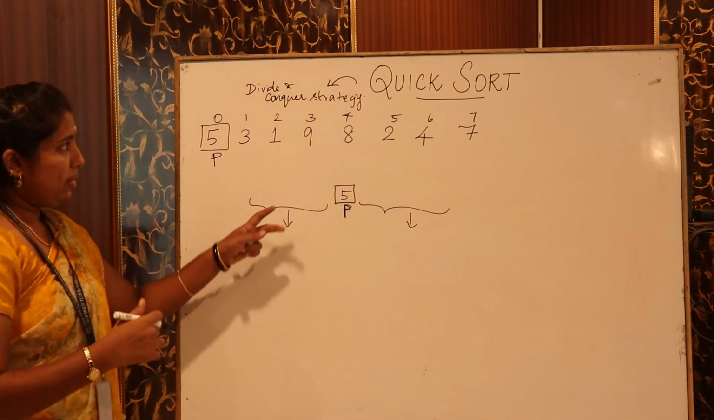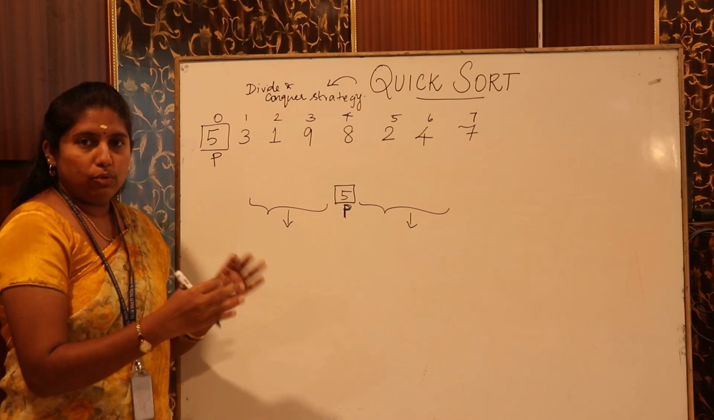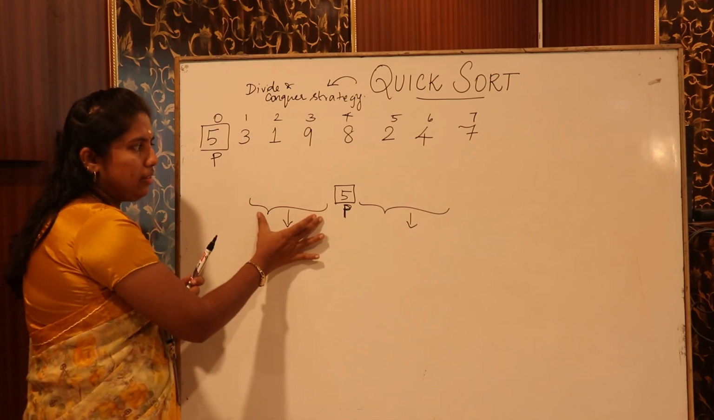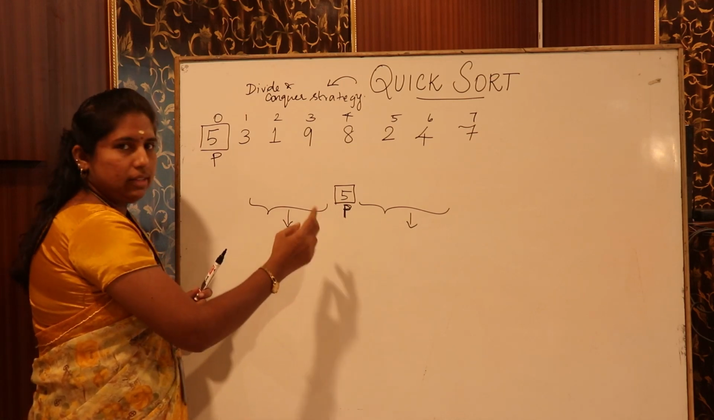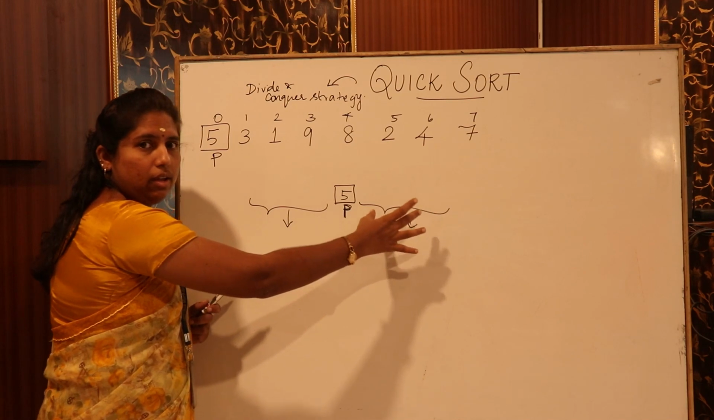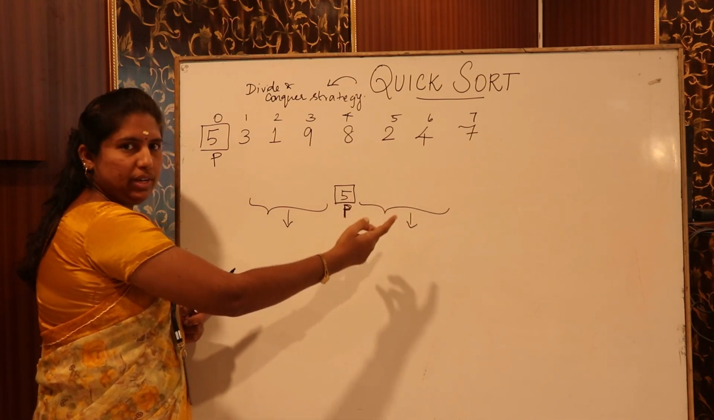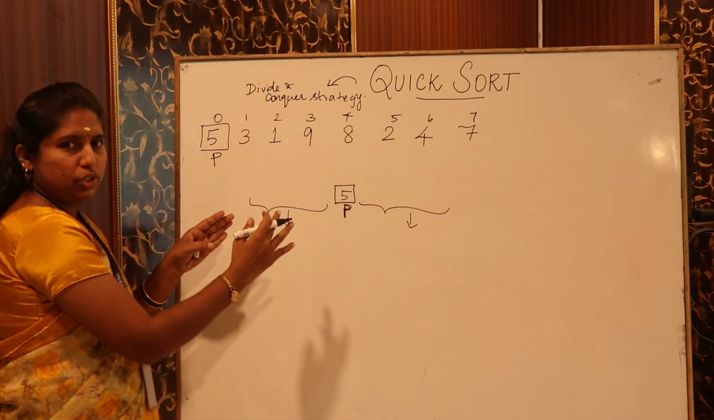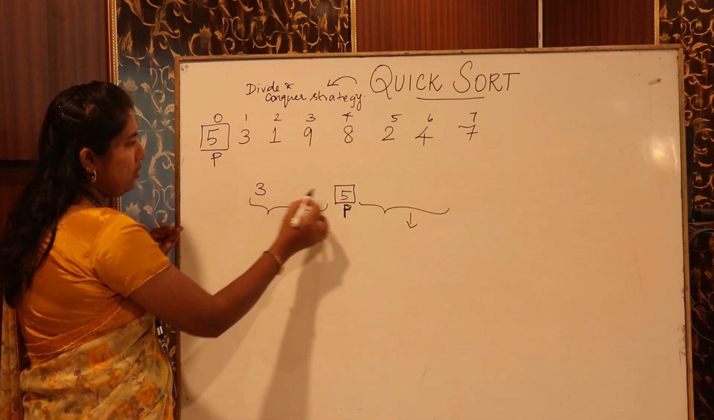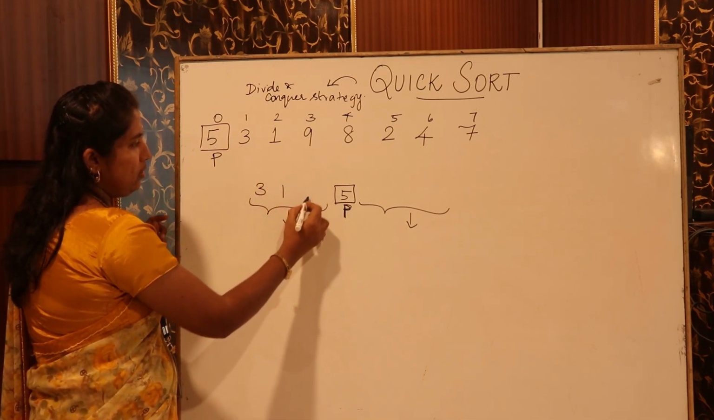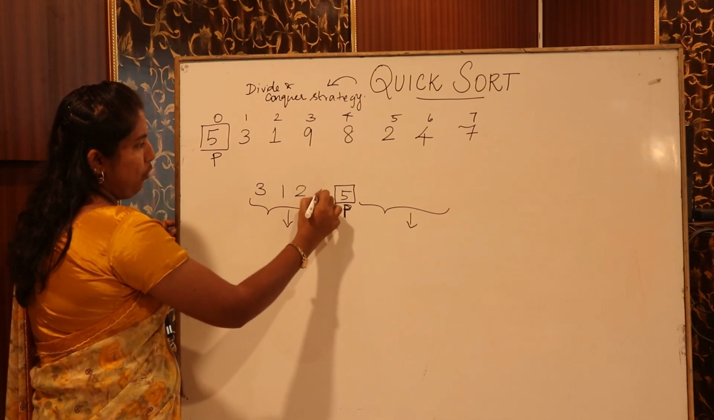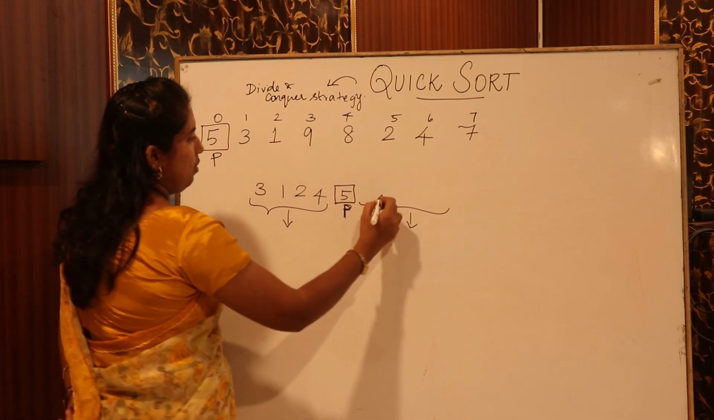The algorithm divides the given list into 3 main parts. The first part is the elements lesser than the pivot element, the second part is the pivot element, and the third part is the elements greater than the pivot element. According to our assumption, we will have the list with the 3 in this place, the 1 in this place, 2, 4 and